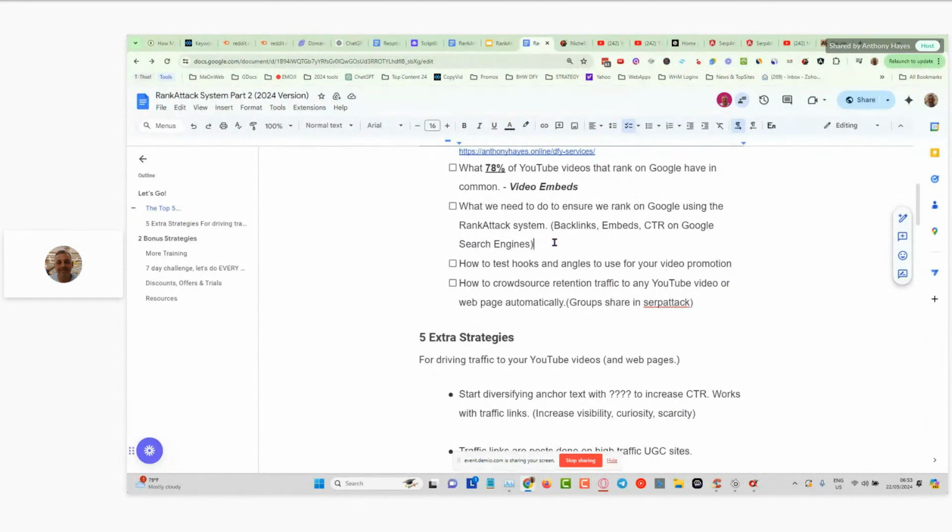It's not uncommon to get a traffic spike coming from somewhere other than the search engines. It's okay to do that, but you don't need too many of them. The way that we have structured the SERP Attack tool now, you can, in theory, go and drive thousands of video views. The reason for that is because we have got groups where they share each other's content. And we've got a P2P mobile system for the more advanced users, where they can get individual mobile IP views from all over the world